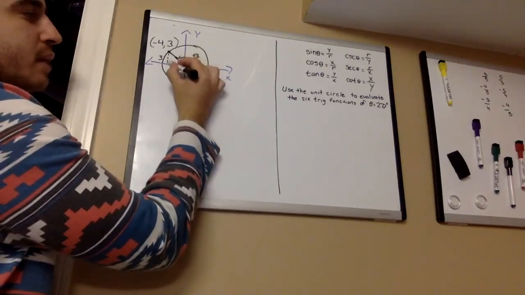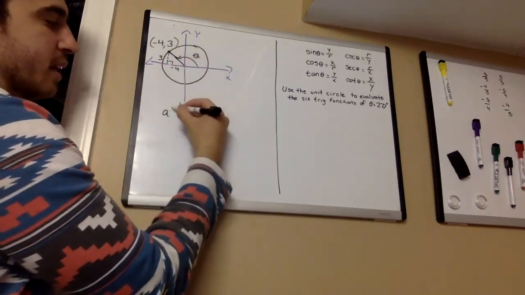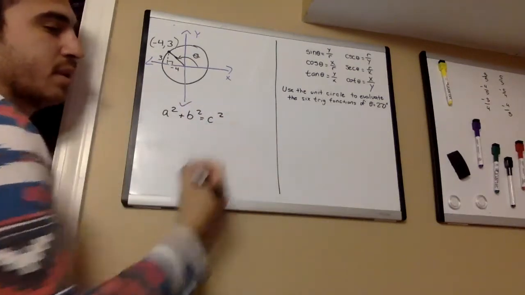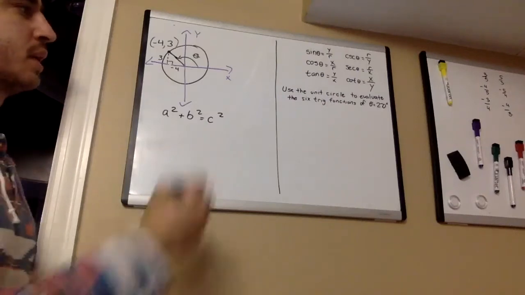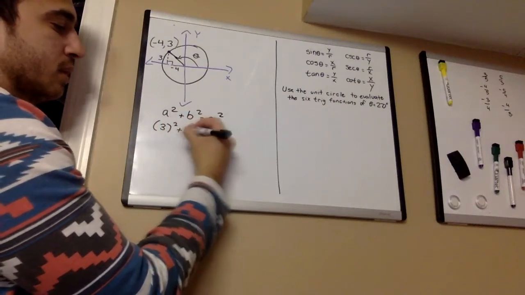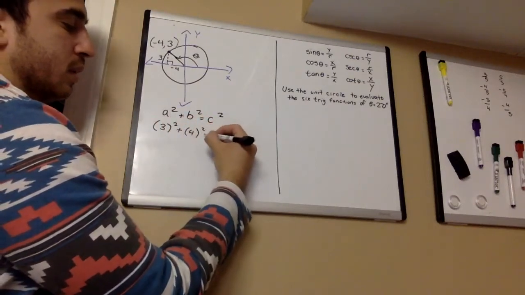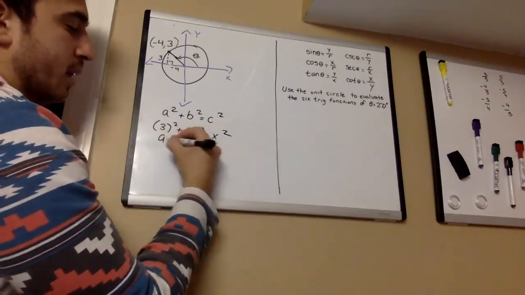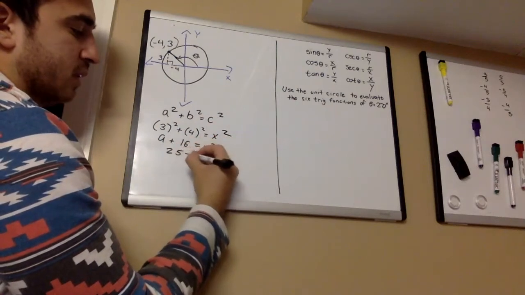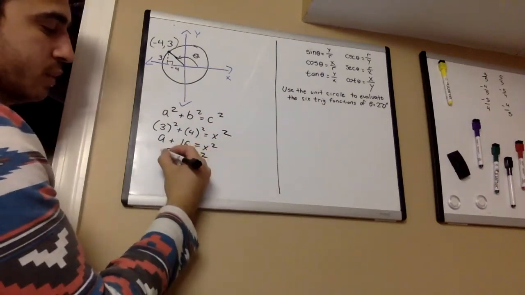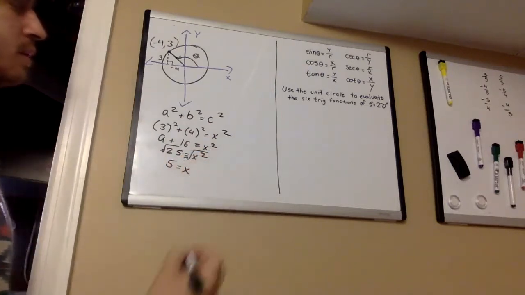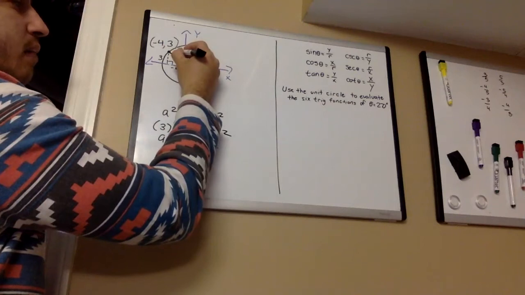But we made a right triangle, which means that we can use the Pythagorean theorem. A squared plus b squared is equal to c squared. Remember, your c must always be your hypotenuse. Since we're trying to find our hypotenuse in this problem, we have 3 squared plus 4 squared is equal to x squared. So we get 9 plus 16 is equal to x squared. 25 is equal to x squared. And then if we square root both sides, you end up getting 5 is equal to x. So now we have our